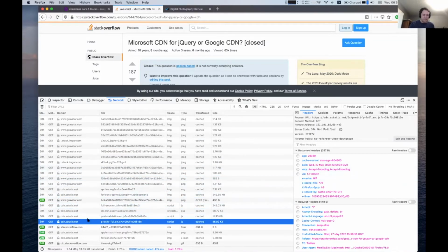Sorry, sstatic.net is the domain name that Stack Overflow has set up for their CDNs, and it will actually give you the number of cache hits for every asset that you load. So if you go through there and find a page that loads an image a whole bunch of times, it'll actually tell you, this is something that's being hit a lot, and this is something that's not being hit a lot. It's interesting that they're leaking this out to the rest of us because hit rates are a really big deal